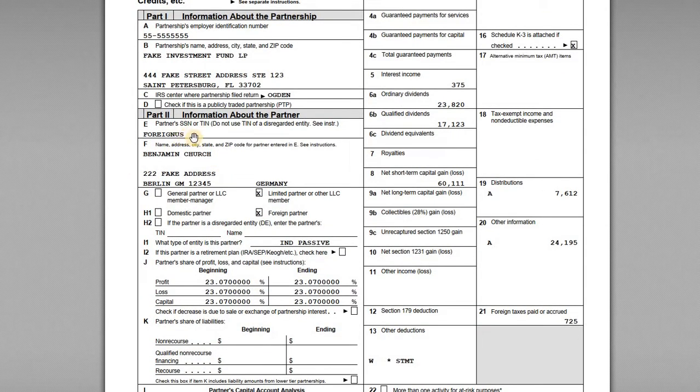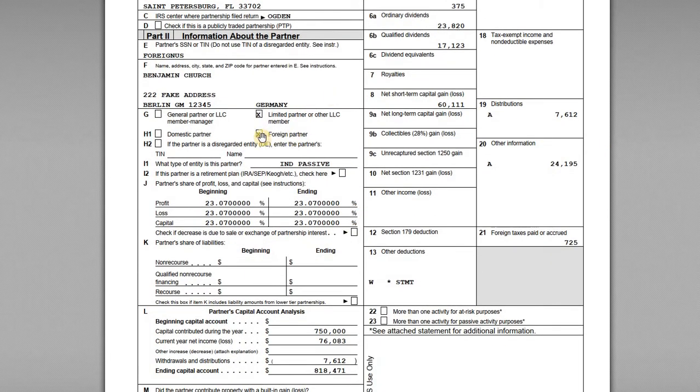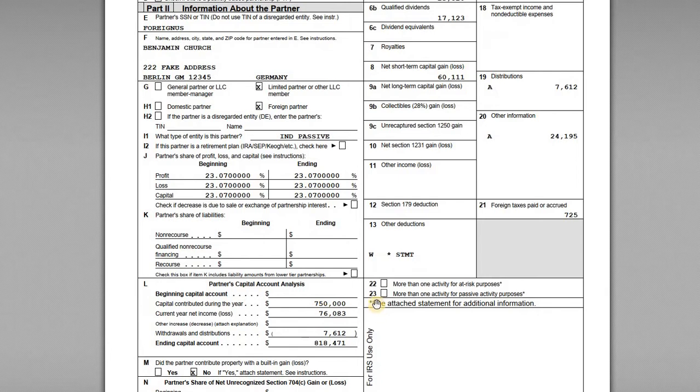He does not have a U.S. tax ID number, so Foreign U.S. is the placeholder. And he is a foreign partner, right? So limited partner and a foreign partner treated as a passive individual investor in this fund. So there's his capital contribution for the year, right? $750K went in,